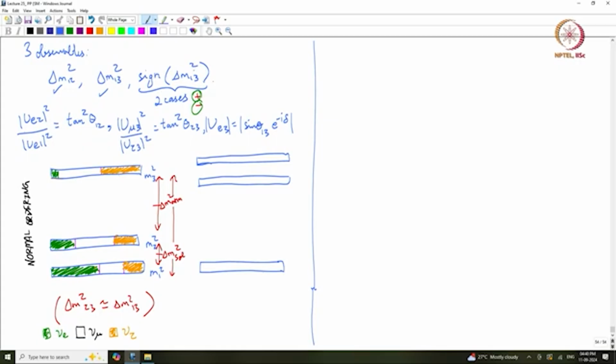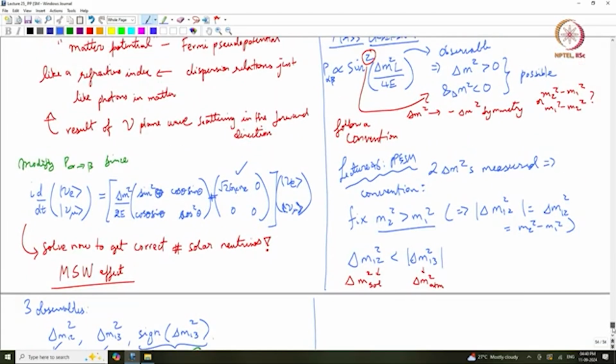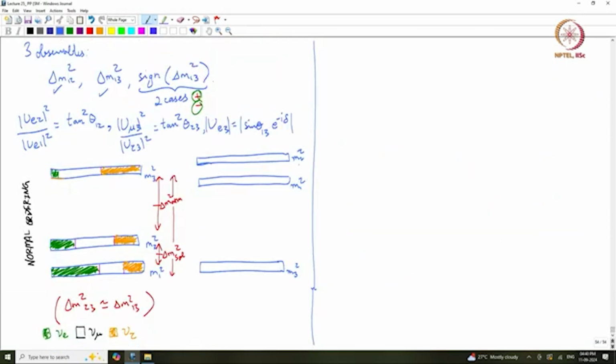m3 squared is smaller than m1 squared, right. So, this is m3 squared, this is m1 squared, and this is all as usual m2 squared. Why? We always fix m2 squared to be larger than m1 squared, right, that is the fixing here. So, that goes above that, and just for completeness sake I am just going to say this corresponds to the delta m squared from solar neutrinos, whereas the entire thing